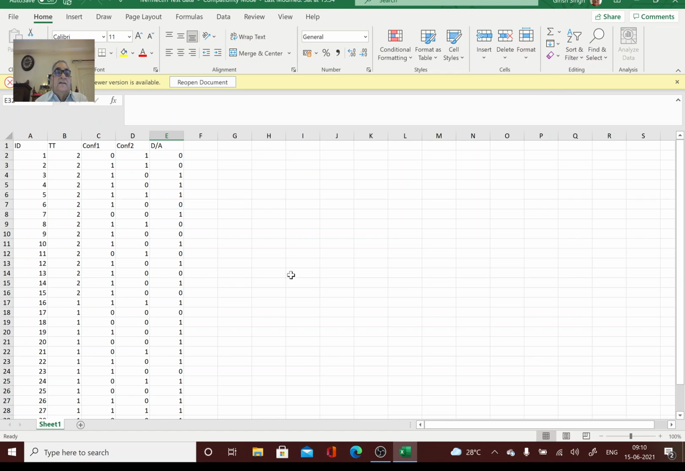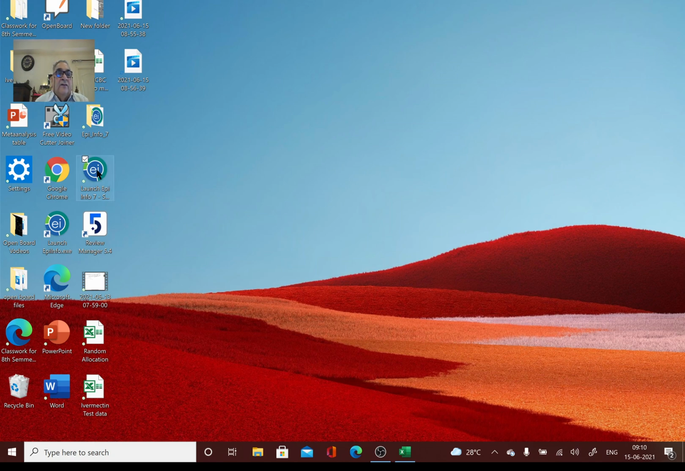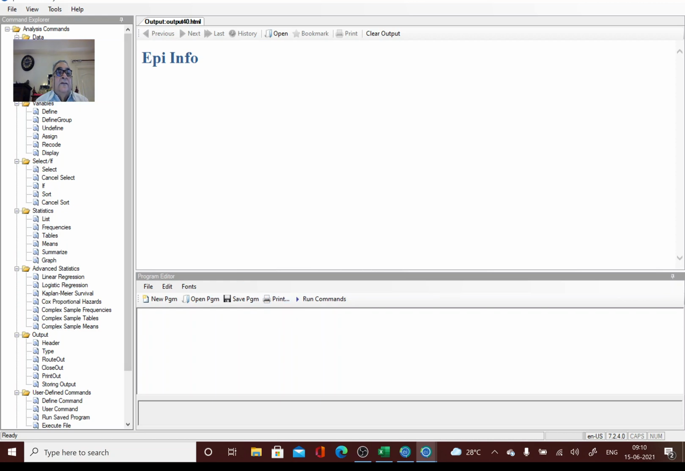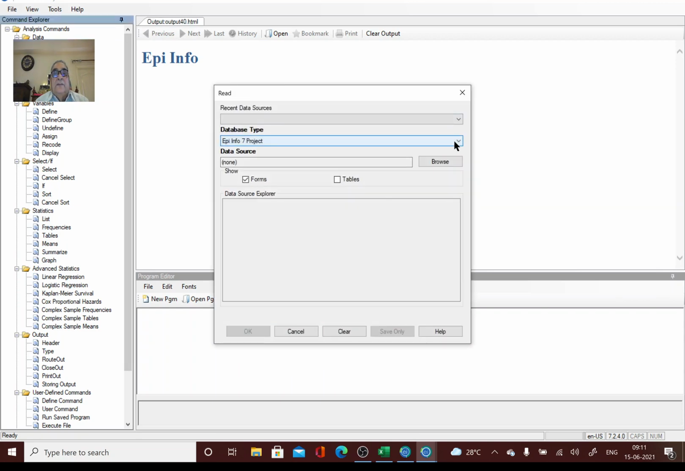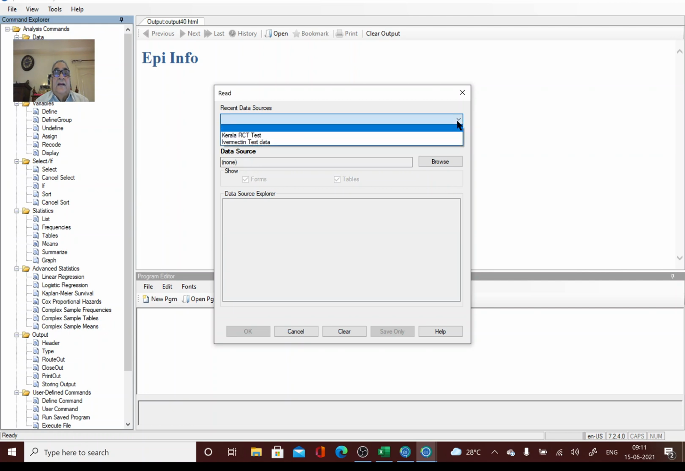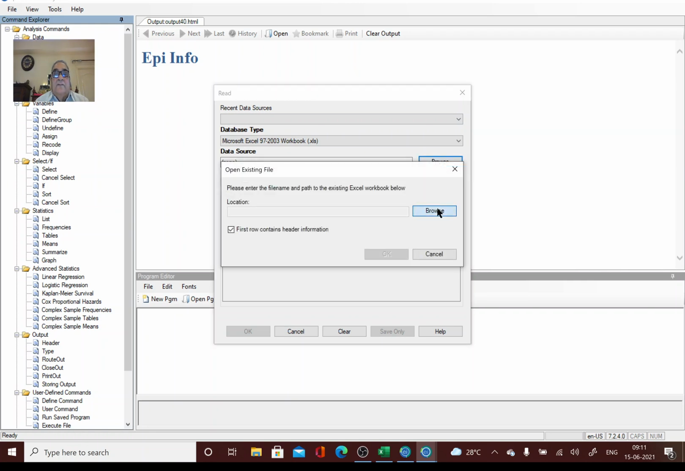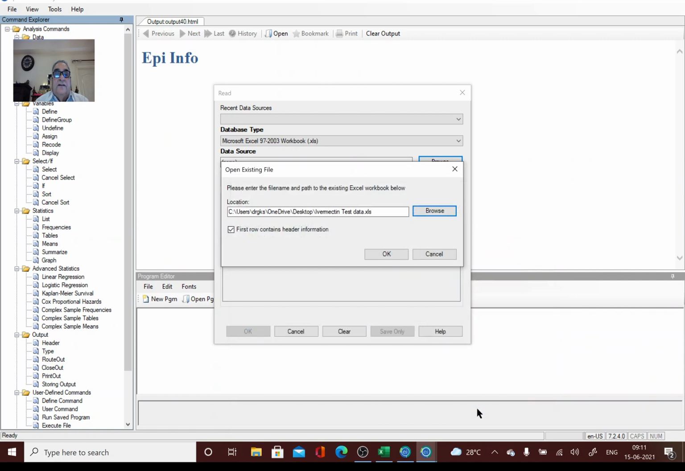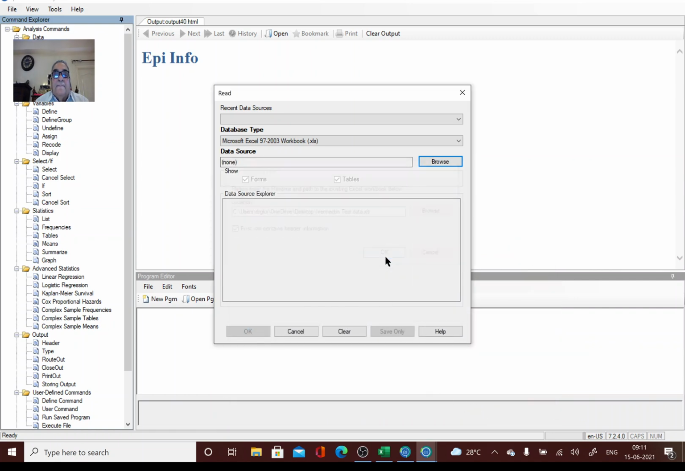So we study this Excel file like this. We open the EpiInfo, we use classic, we say read, we say that it is an XLS file, we say that we can browse for data also, and when we browse, we can say ivermectin test data and we say open this, and when we say OK,